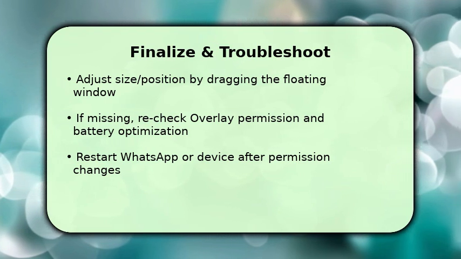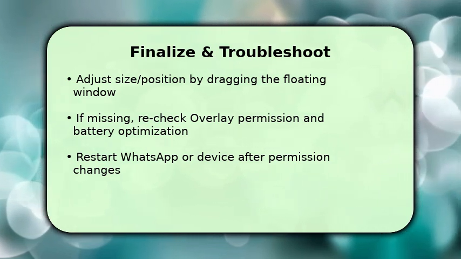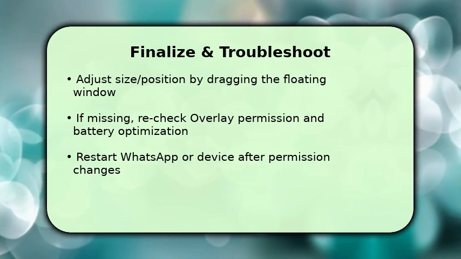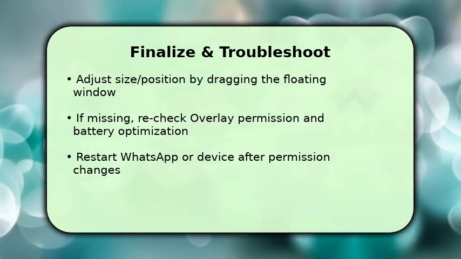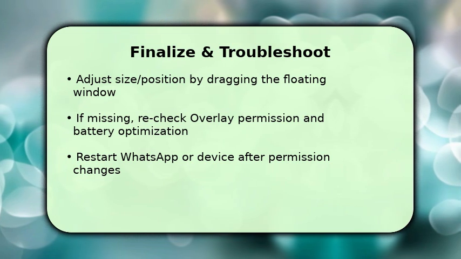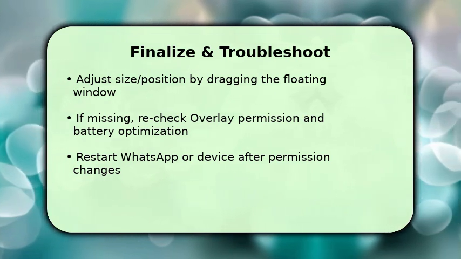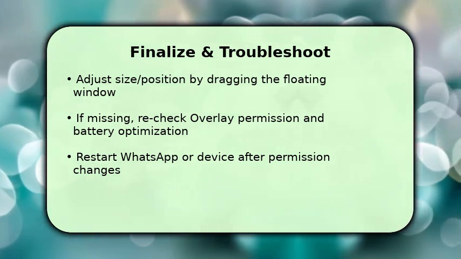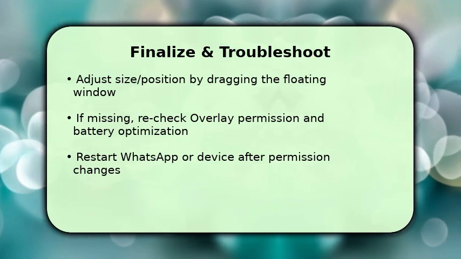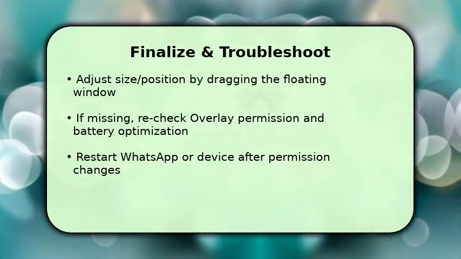If the window doesn't appear, go back to Settings, Special App Access, Display over other apps and retoggle permission, then force stop and reopen WhatsApp. If issues persist, restart your phone. That often resolves permission caching. If still broken, revoke and re-grant overlay and notification permissions, and try